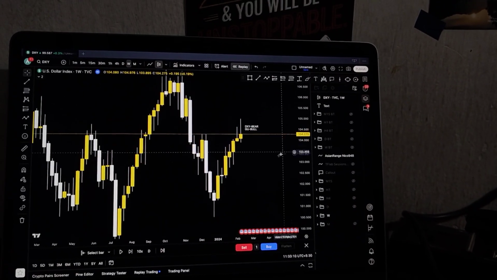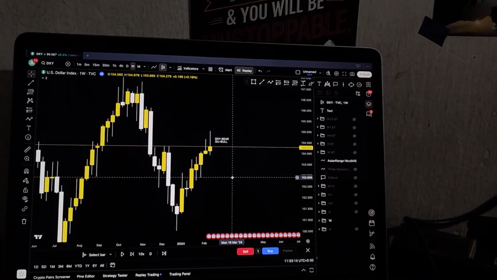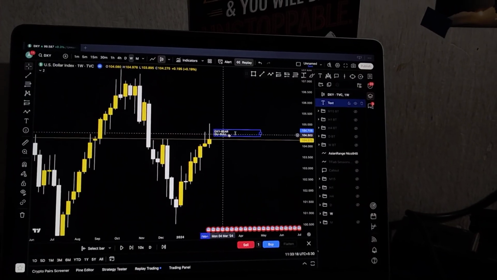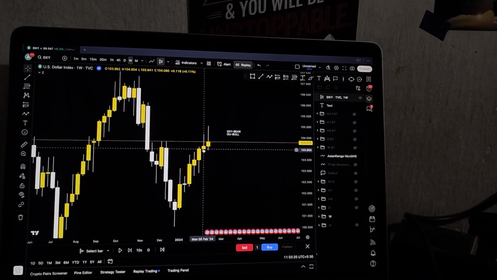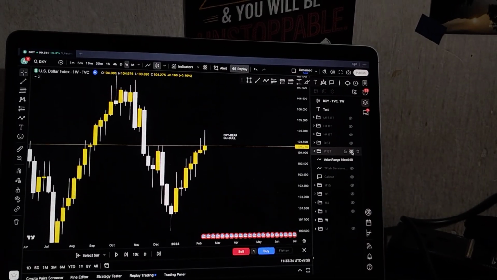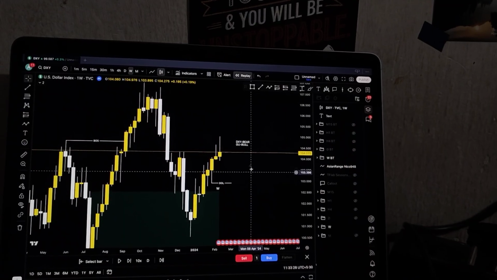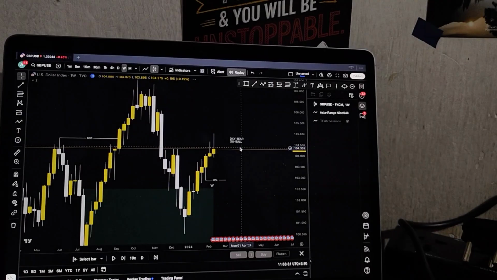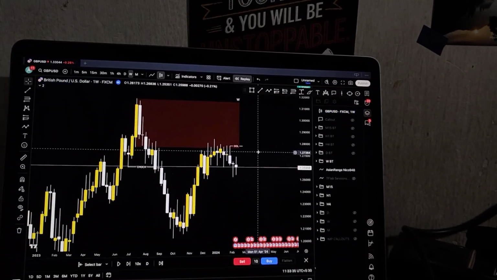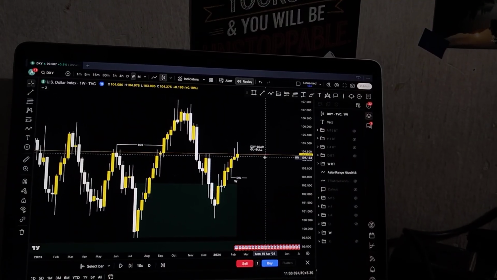And whenever SMT happens, yep, that works. SMT does work with the bias, with the trend. You should use it with the bias and with the trend. And my higher time frame bias was DXY was bearish because of how this weekly candle closed, and from where it's rejecting, you can argue there's a daily supply zone right there. And GU bias was bullish because it was reacting off of this daily demand. I will show you that. So weekly bias was bullish on GU and bearish on DXY, right?